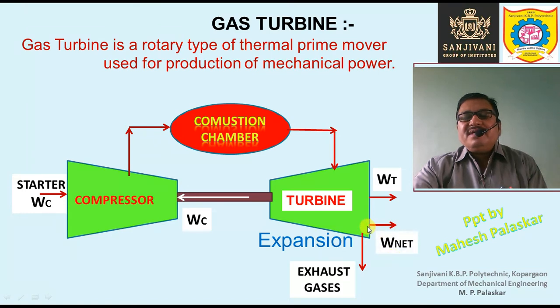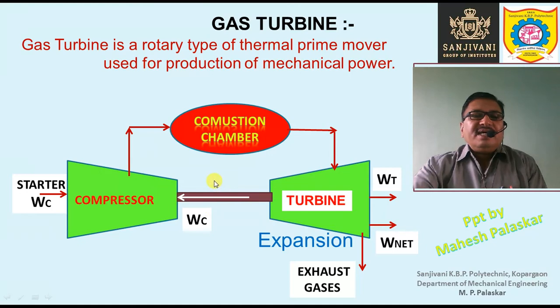So the power which we can obtain from the turbine is the net power, net work W net, and that is equal to WT minus WC, right? So whatever power is produced by the turbine, some of this power is utilized to compress the air. So all this power is not available at the output, maybe for producing the electricity in the generator. So the net work or the net power which is produced by the turbine can be supplied to the generator, and the generator can produce the electric power.